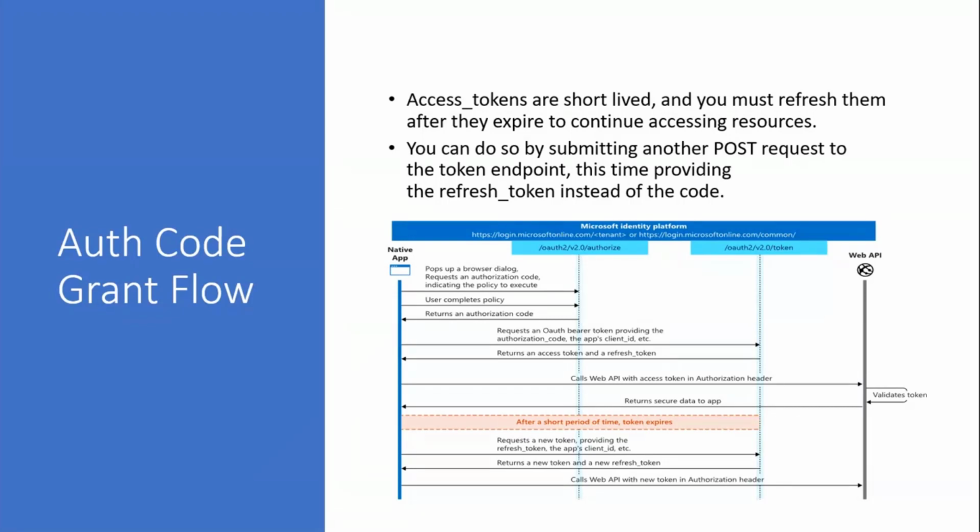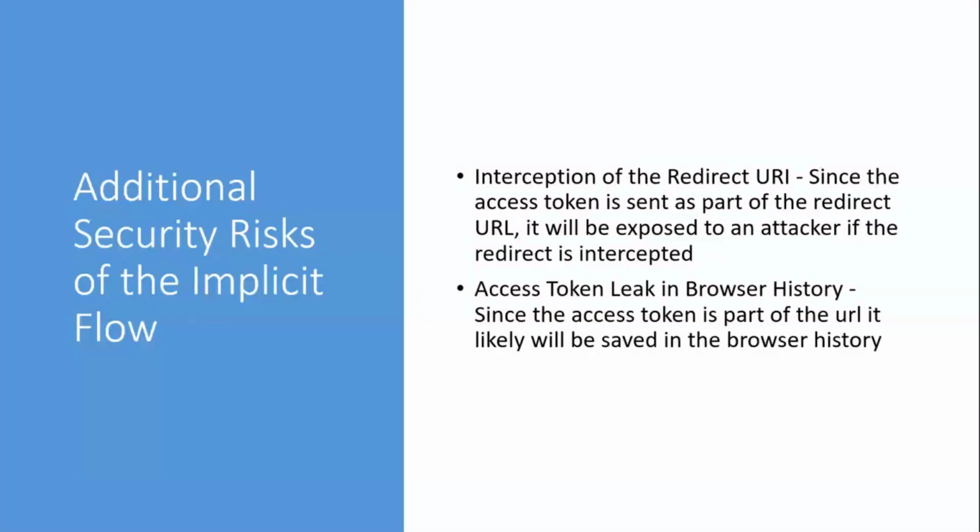Okay. So we'll have this PPT available. You can go through the diagram afterwards. I won't get so much into it, but I want to take a look at the additional risks of the implicit flow, which we're trying to avoid. Like I mentioned, you get your token back in your URL as a fragment of the URL. So we start facing challenges of interception attacks. And then, because it's in your browser, it might actually just save that history. So these are just two additional risks that we found that are forcing the whole industry to move away from